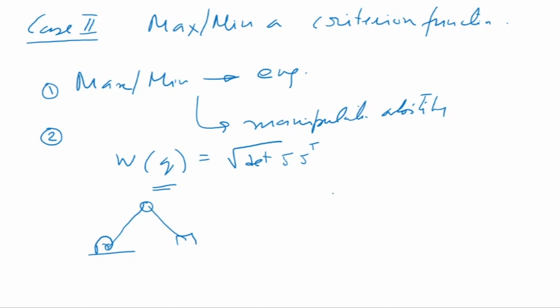So what I do, I can take the derivative of this, and at each step, wherever I am, for the next step, I'm going to find out in which direction this gets maximized or minimized. Okay, so I'll come to this example as we go along. So we have a criterion function, and I can take the derivative of the function, dW by dq. Okay, this is the gradient, and follow the gradient. So this would mean that the manipulability will get maximized.